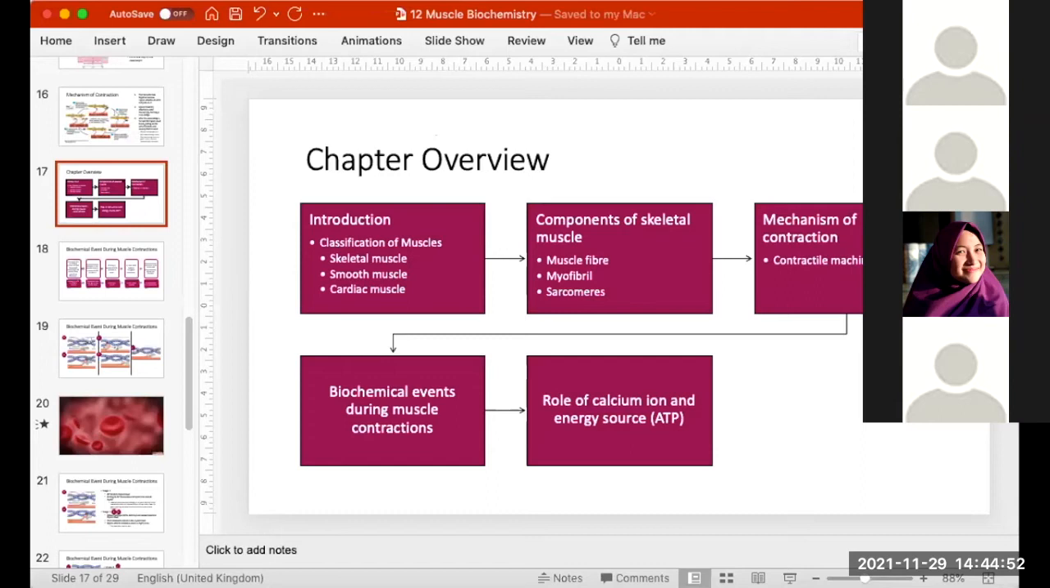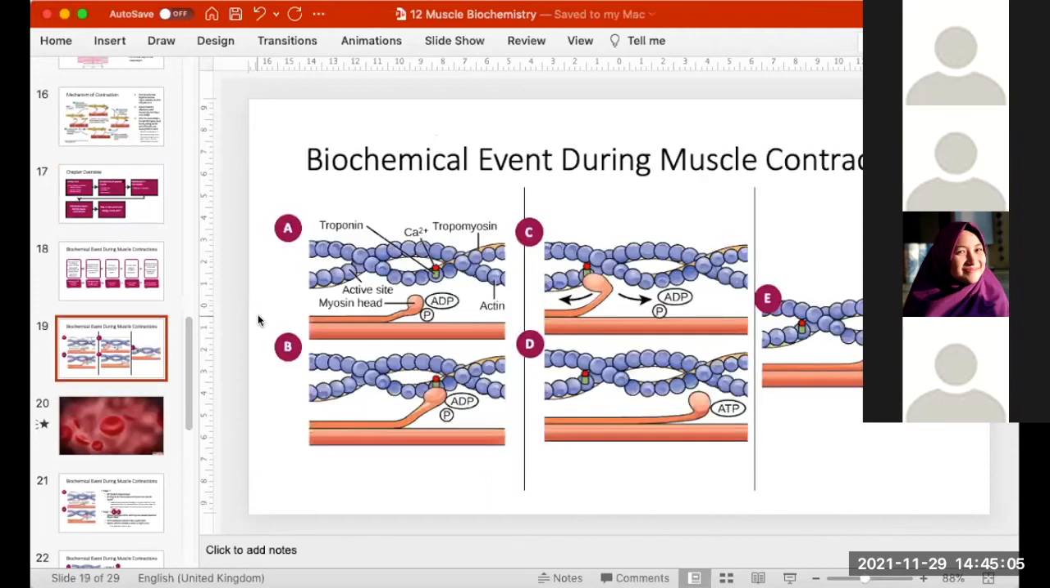Myosin will bind to the actin whenever the myosin gets the ATP, and then the ATP will be hydrolyzed into ADP plus inorganic phosphate. Okay, it's like this. When ATP binds to the myosin head, it will be detached from the actin. Only when the ATP is hydrolyzed into ADP and phosphate group is when this myosin head will bind to the